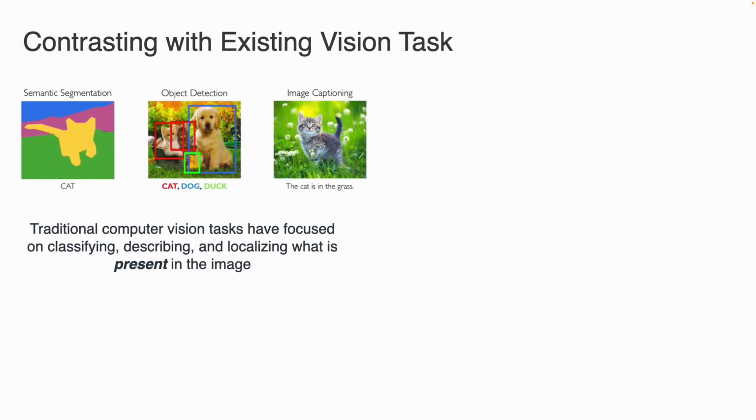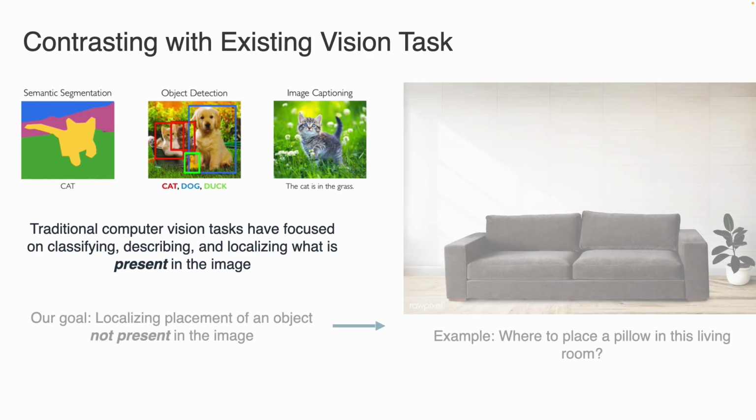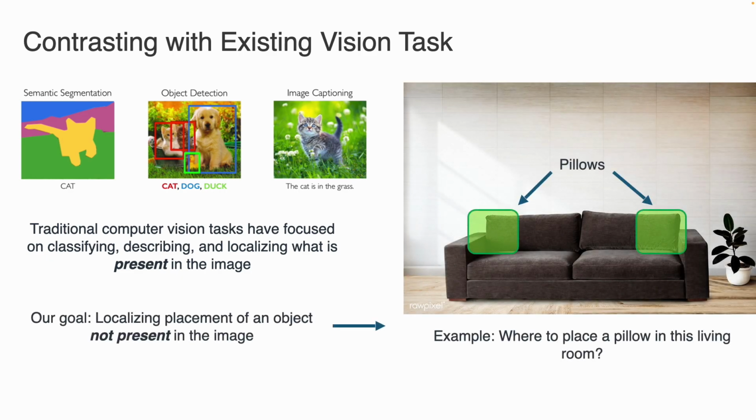Traditional CV tasks are focused on localizing, describing, and classifying what is already visible in the image. However, SP requires you to reason about what is not visible in the image by leveraging scene context. Learning the invisible is hard, there are no existing datasets for it,